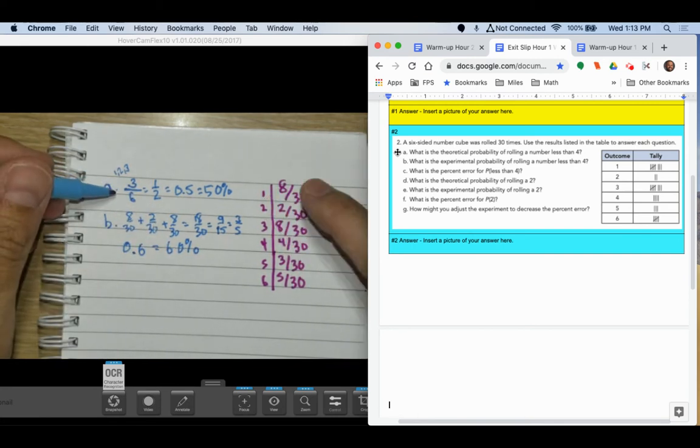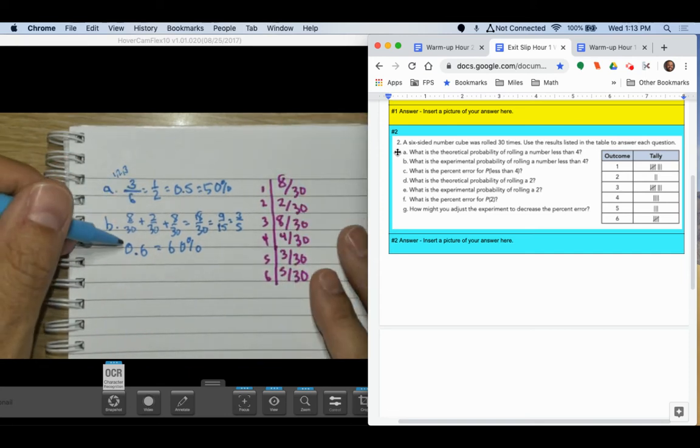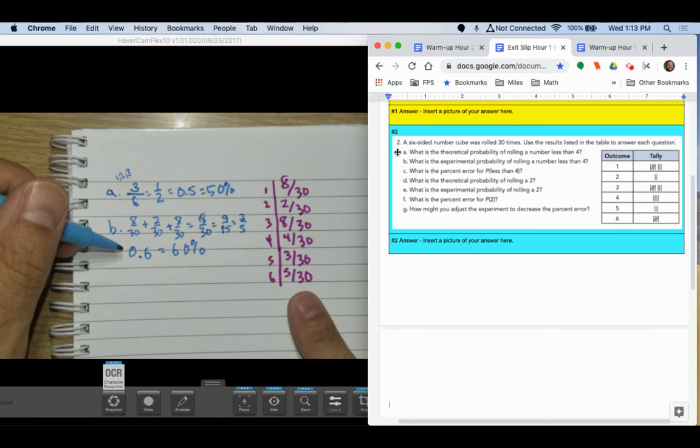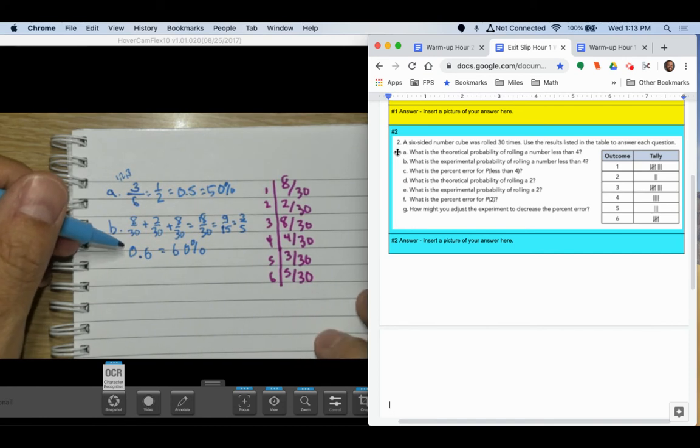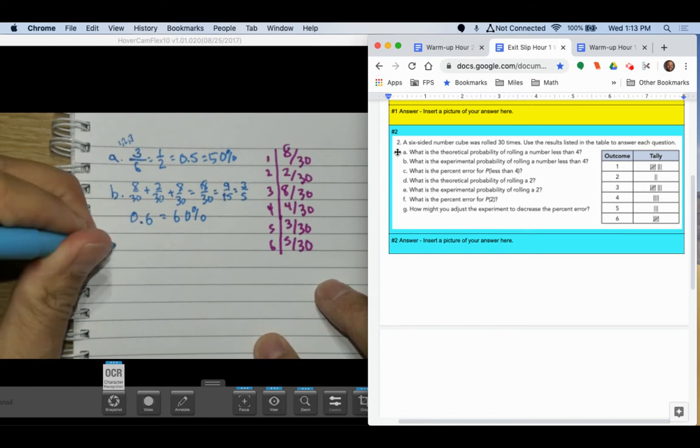So theoretical is just looking at what the outcomes are and thinking about what they would be. Experimental is looking at the experiment that we conducted or that they conducted there, and looking at the results. Okay. Problem C